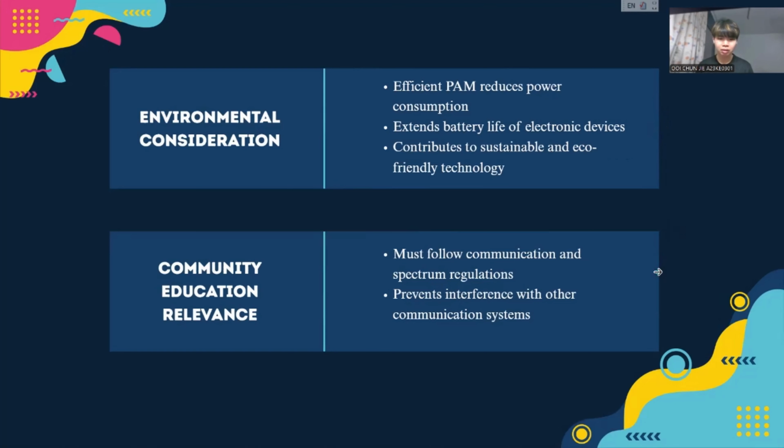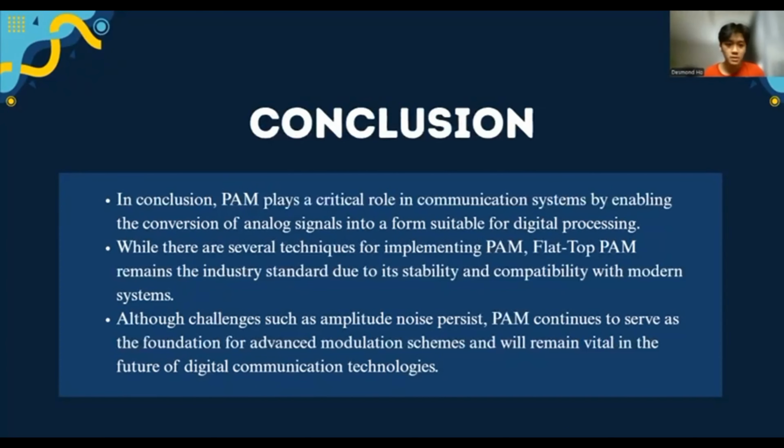In terms of community education development, understanding basic communication rules is important. Systems using PAM must still follow communication and spectrum regulations. It helps to ensure that communication systems do not interfere with one another and can be used safely by anyone in the community. In conclusion, PAM plays a critical role in communication systems by enabling the conversion of analog signals